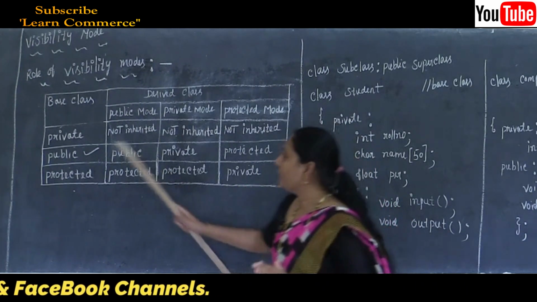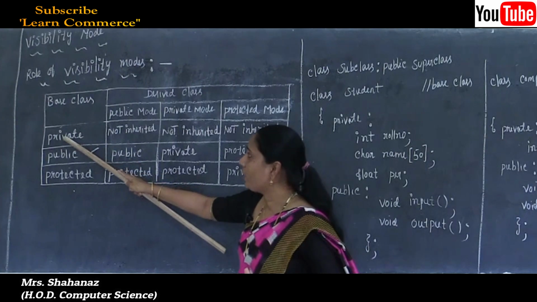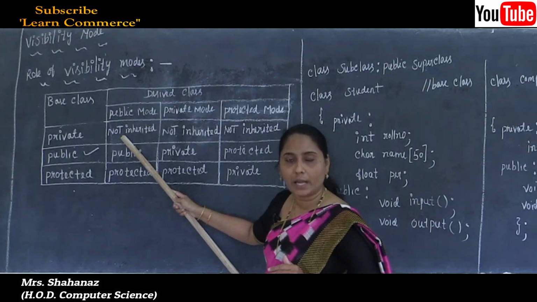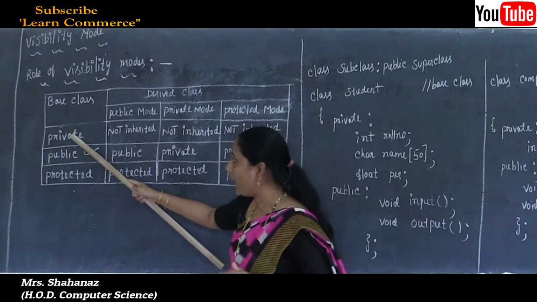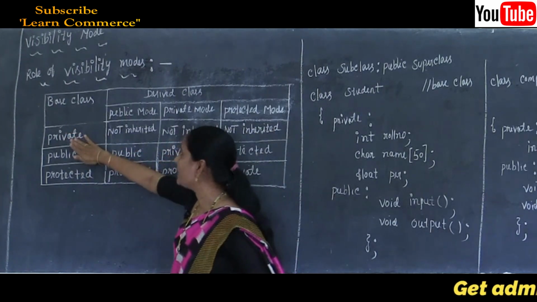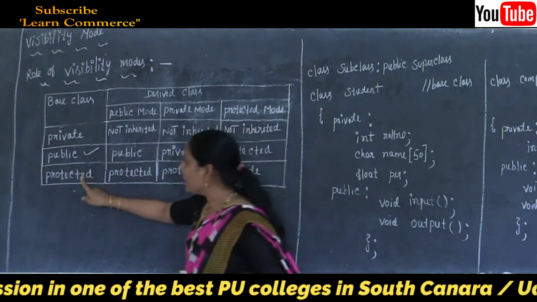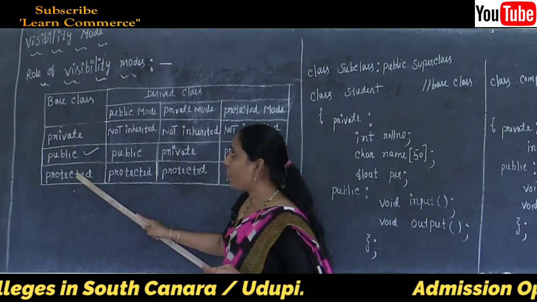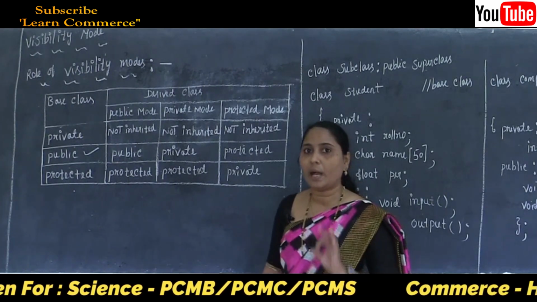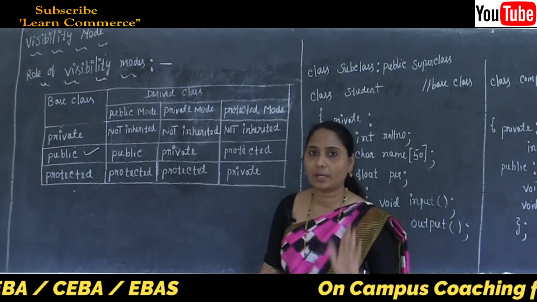And the second thing, the private members of the base class cannot be inherited to the public side of the derived class. What members are in the private side, such members are not possible to shift to the public side of the derived class. And the third thing, the protected members of the base class stay protected in the derived class. That means the protected members of the base class also cannot shift to the public side of the derived class.